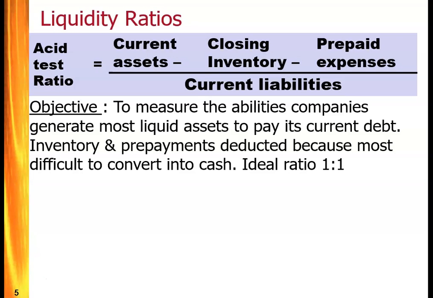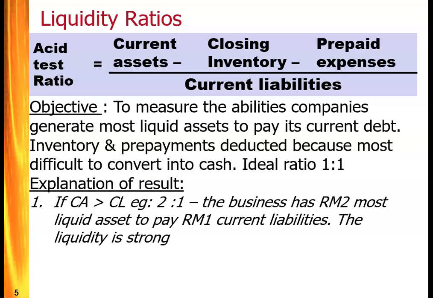The ideal ratio is 1:1, meaning that you should have one portion of most liquid asset to pay one portion of current liability. As for the explanation of the results, if the current asset, deducting closing inventory and prepaid expenses, is more than the current liabilities,